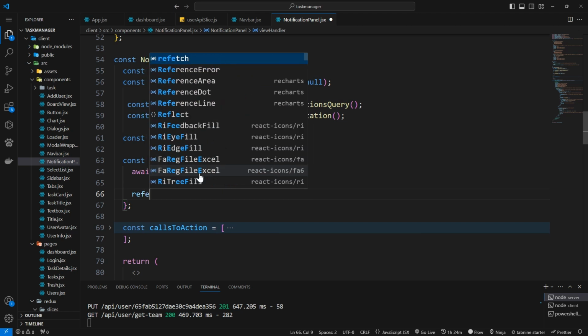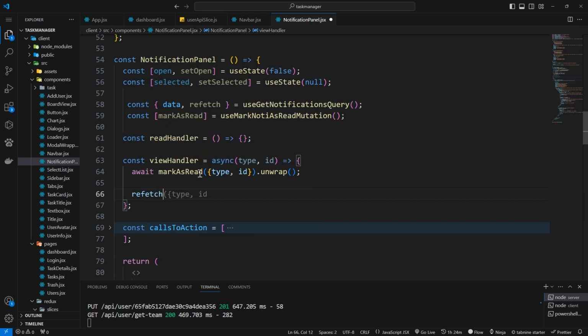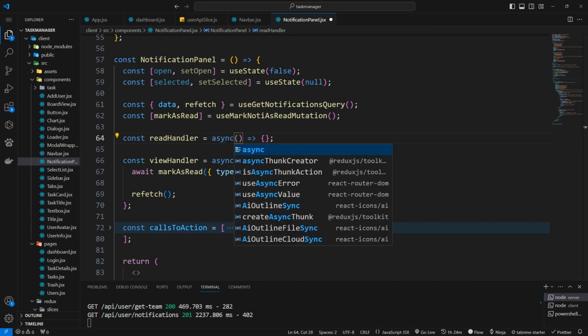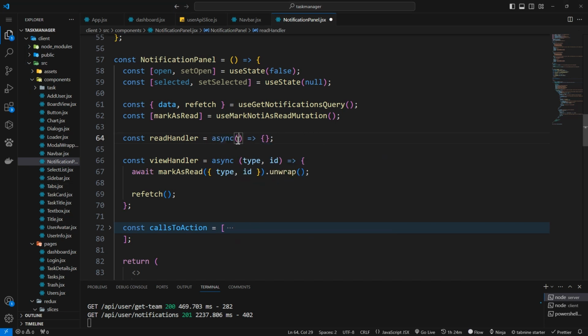Then we just do refetch. I hope we have that. Okay, yeah, we have that one. Then we just fetch the notification again. Pretty simple. Okay, how do we do this? Also, it should be an async. And here we'll get the element, right? Great. And inside view handler,